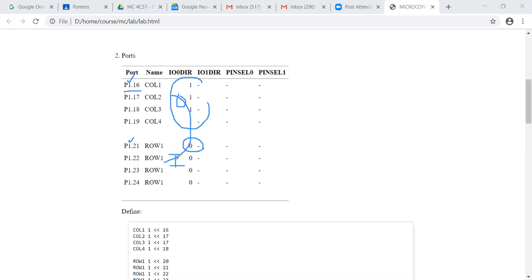There is a current flow and there is a switch coming in between. If you press this switch, the column is connected to the row, and we have to identify which column connects to which row. Once we do that, there is a data structure which stores the number corresponding to that junction, and we have to take out that number and display it on the LCD. So we understood the ports used in the keyboard.